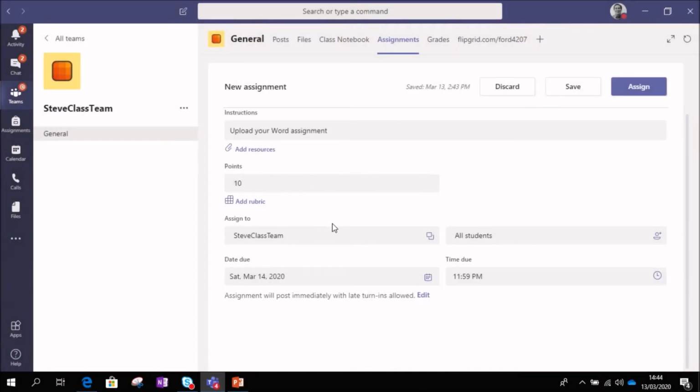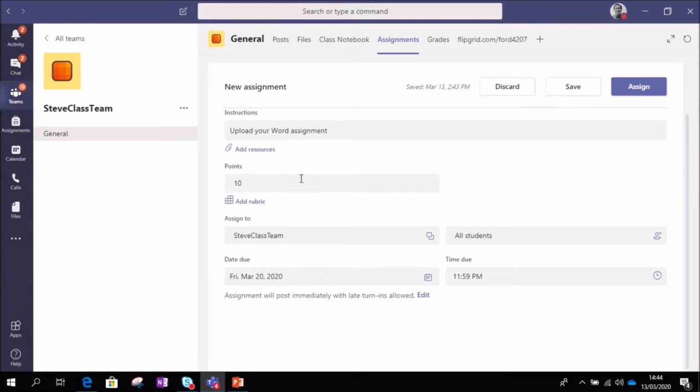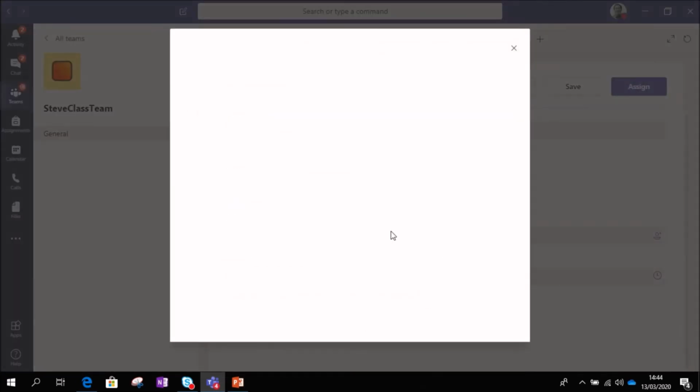All that I need to do now is just set the due date. So if I give them until the 20th, now you'll see also here it says assignment will post immediately with late turn-ins allowed. Now if you don't want them to be able to turn in their assessments after the due date, you don't have to. So if I click on edit,